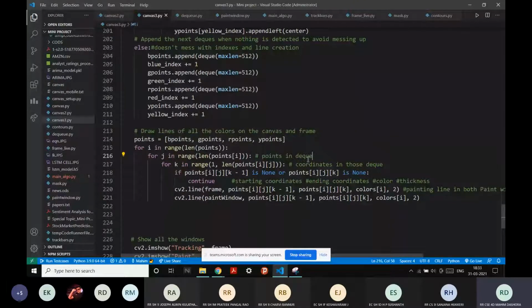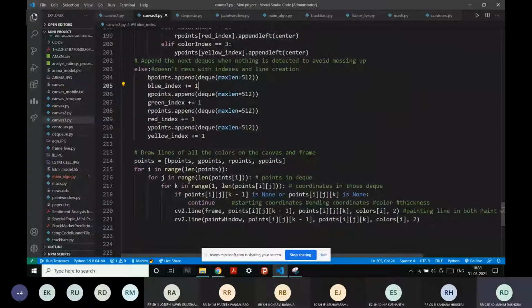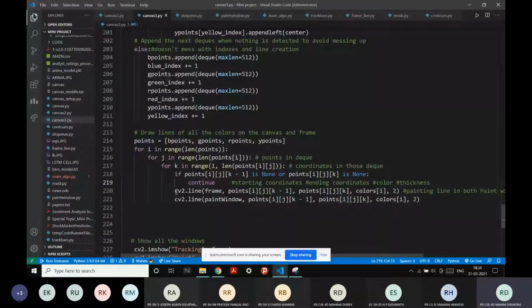As you can see here, appendleft was used while we were drawing, and just a blank append was used when we were not drawing. So we will check that if it is blank, then we will not draw anything. And if it's not blank, then we'll use this function cv.line. As many of you wondered, okay, we have appended, how will we draw? This is the function.